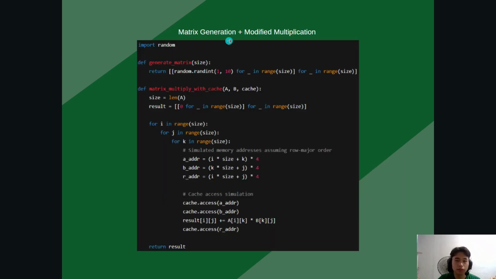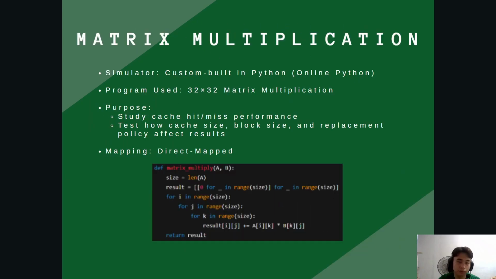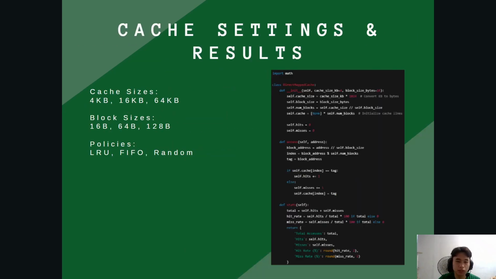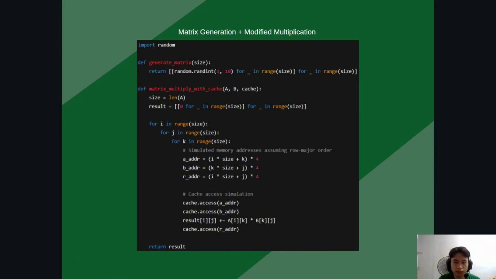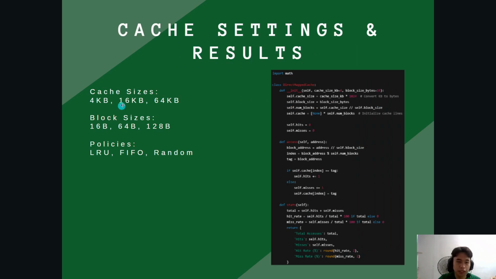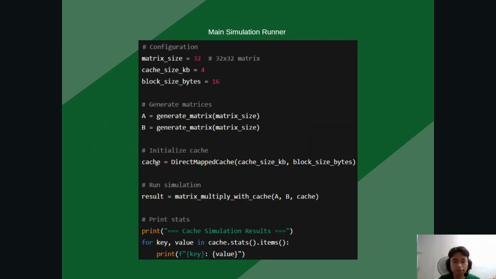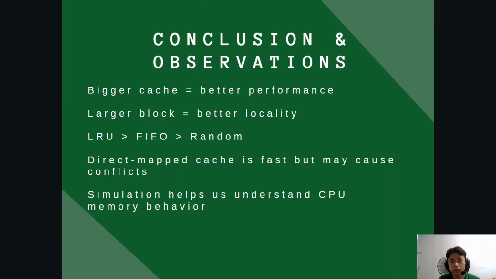Then this is the matrix generation and the matrix multiplication. This is the coding itself. It's more than the original for the first part coding. You can see here this is longer, but you can see that it will increase the size according to the parts here. This is also the coding. And last but not least, the conclusion is observations: bigger cache equals better performance, larger block will equal better locality,